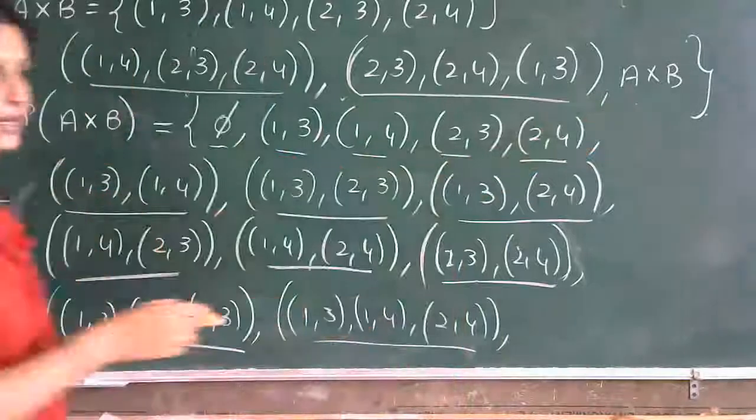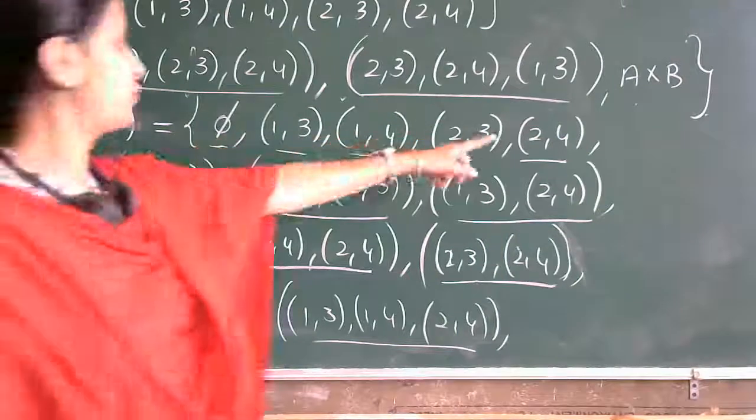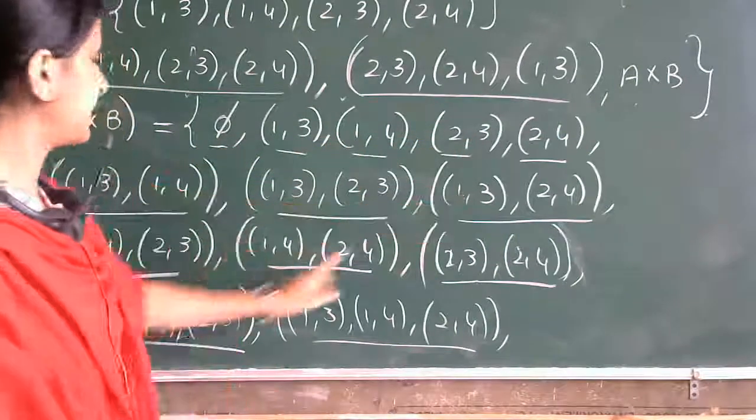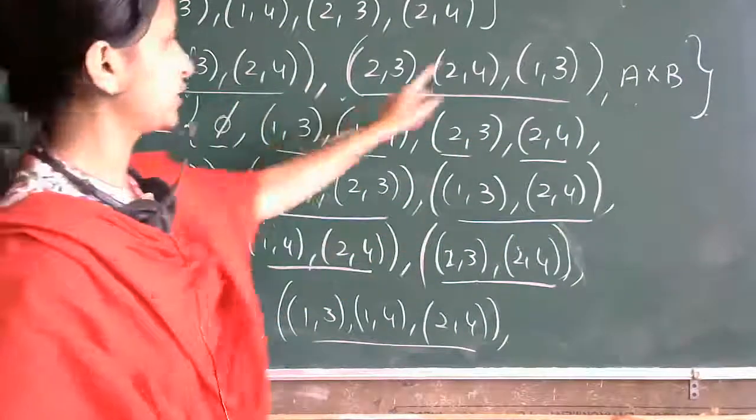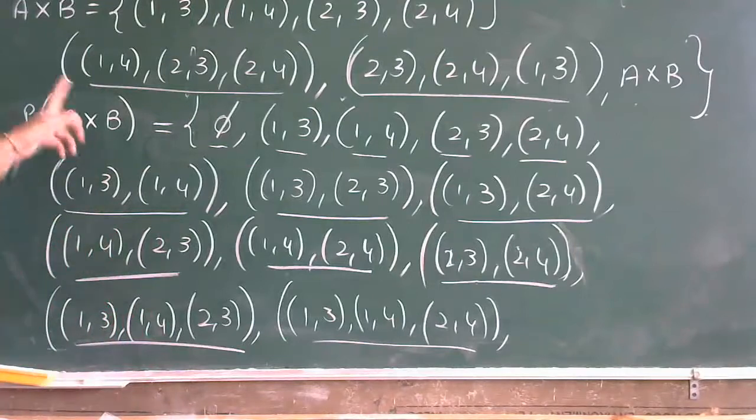So totally how many elements you have here? Can you count them? You will be having 16. 1, 2, 3, 4, 5, 6, 7, 8, 9, 10, 11, 12, 13, 14, 15, 16. Yes, exactly 16 we have. Right, students? So like this, you have to write all the subsets. First, one element